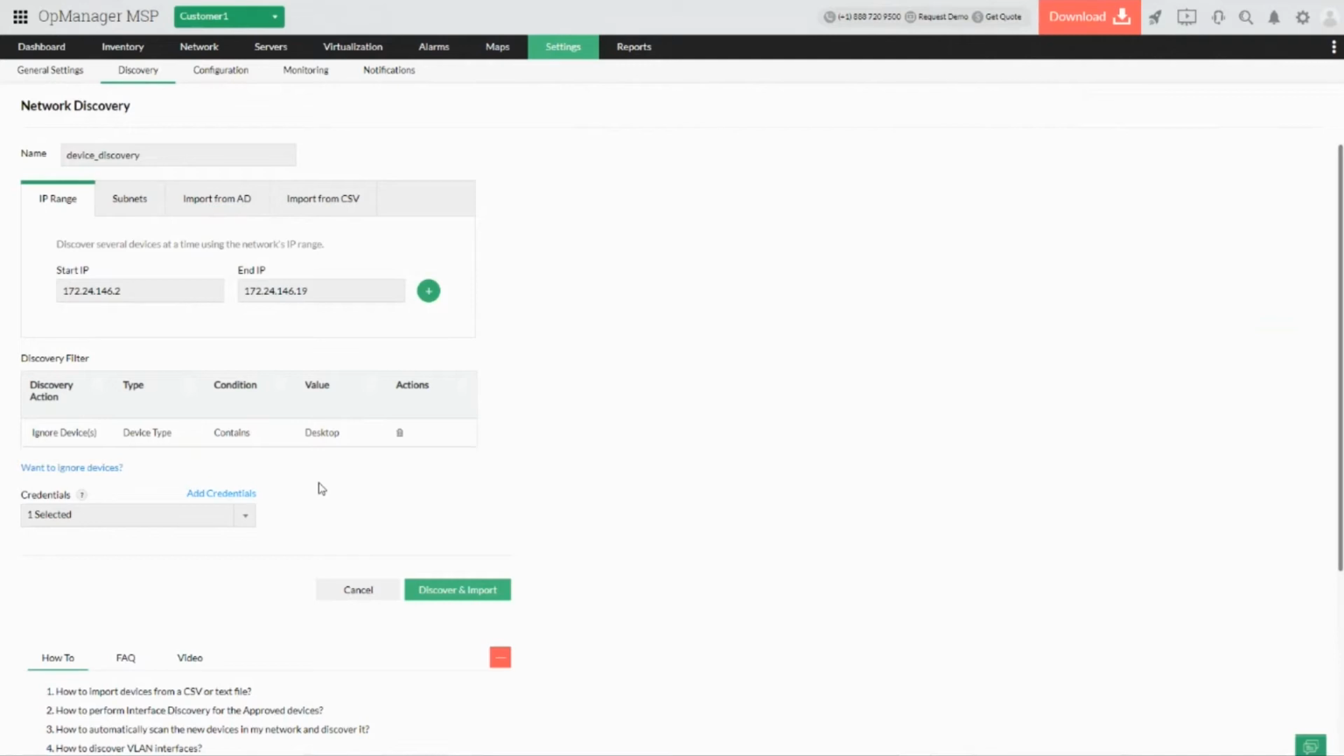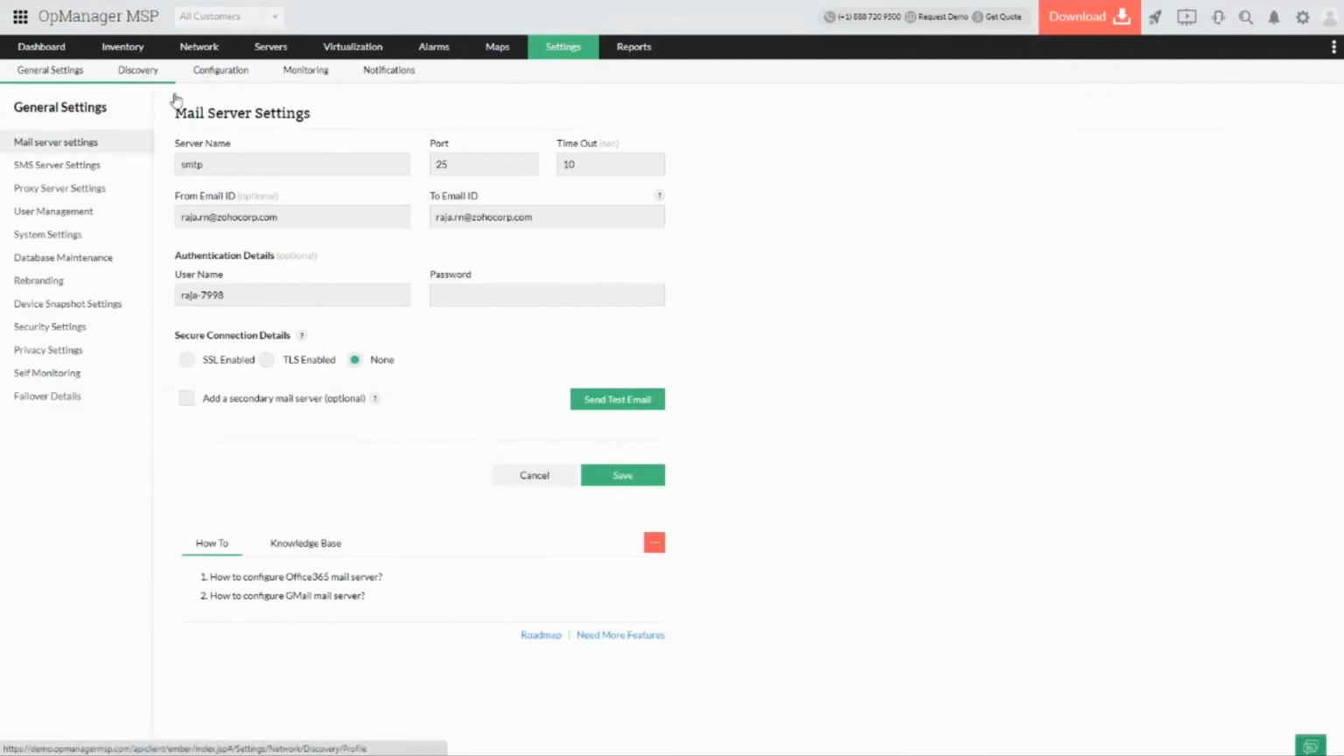And we have one other important feature which helps us during the discovery process, which is called discovery rule engine, which we are going to see in detail in the upcoming slides. So these are the various features which are available in terms of discovery inside OpManager,